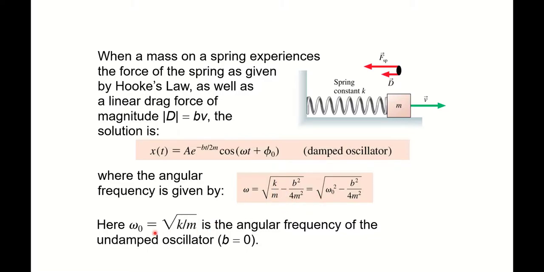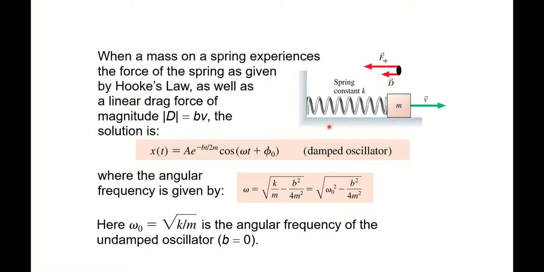So previously, in the undamped case, the angular frequency is just the square root of the spring constant over the mass. In this damped case, it's the square root of the spring constant over the mass minus this term that has to do with the strength of the damping term, b squared over 2m. So the angular frequency goes down a bit. And that makes sense if you think about it qualitatively.